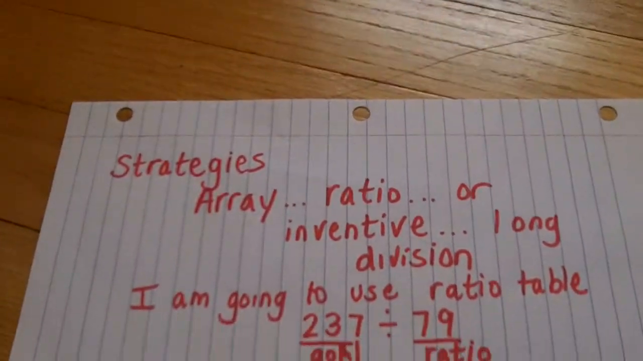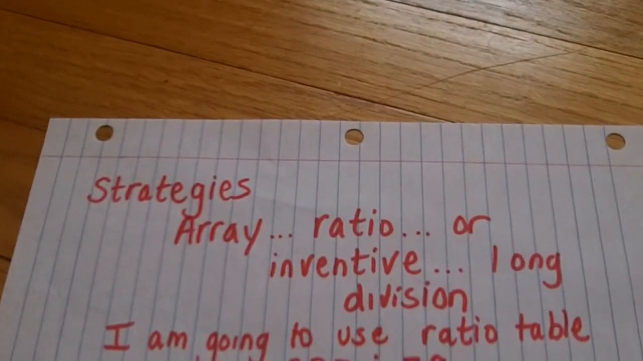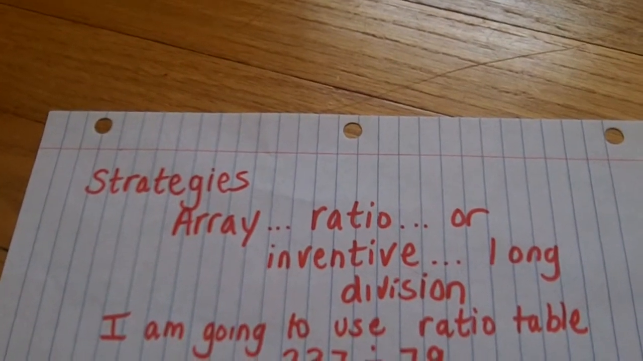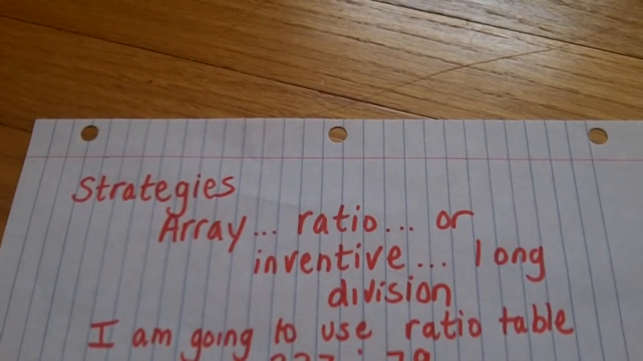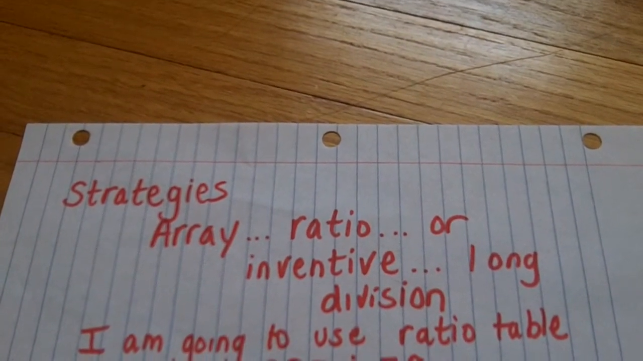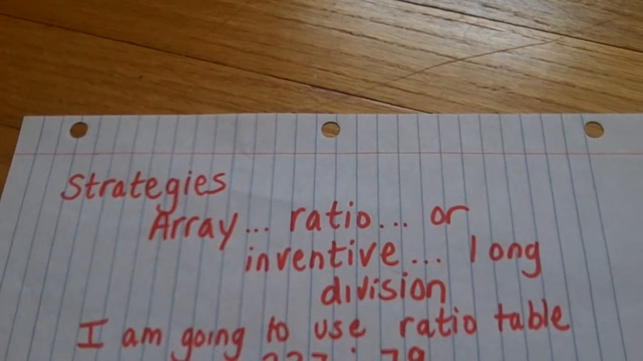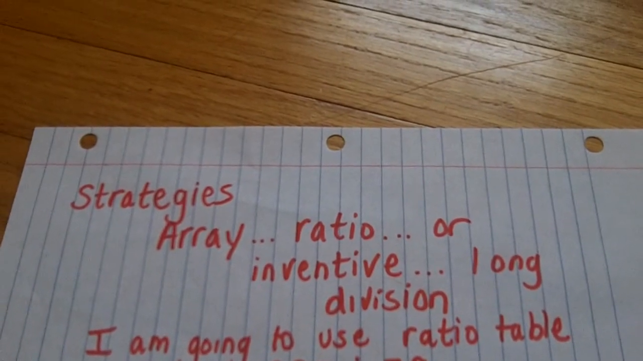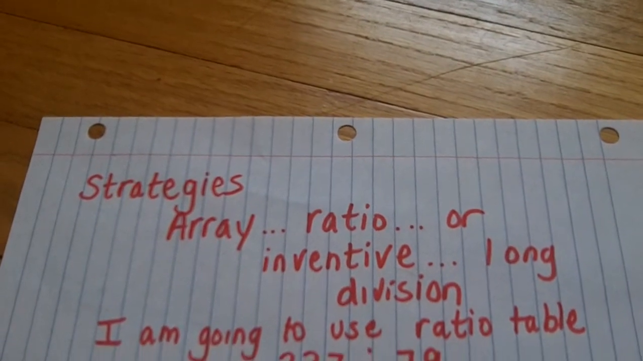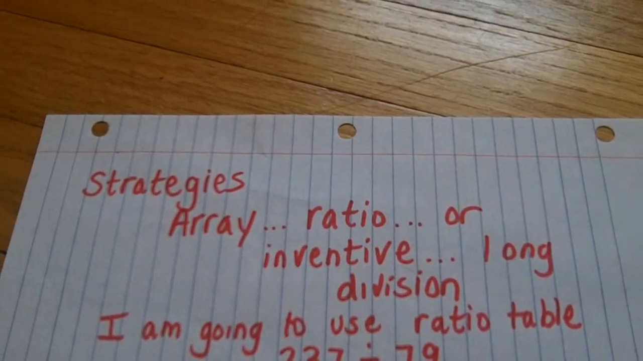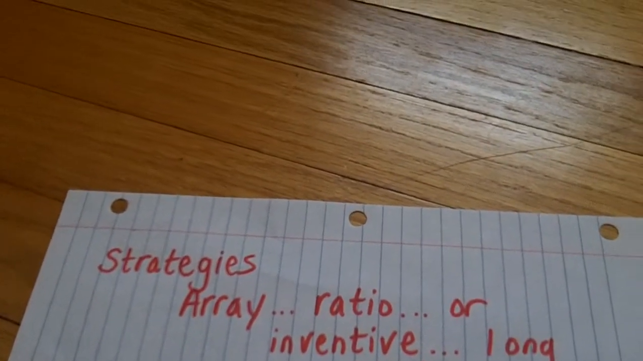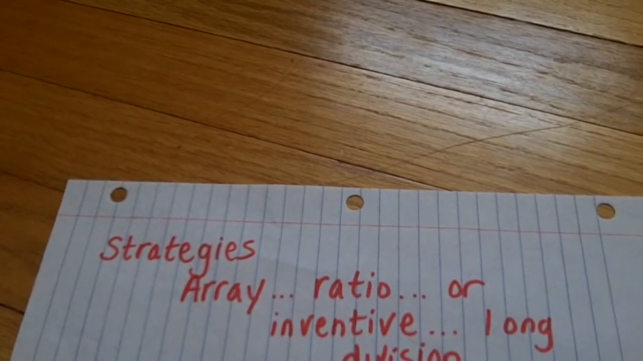When I take a look at my strategies, I know that I could do an array. I know that I could do a ratio. I know that I could do an inventive process. And I know that some of you know how to do long division. We're not going to use calculators, please, because once we get back into the classroom, that's not going to be an option. The problem with this situation is 237 divided by 79 is not necessarily an easy number to work